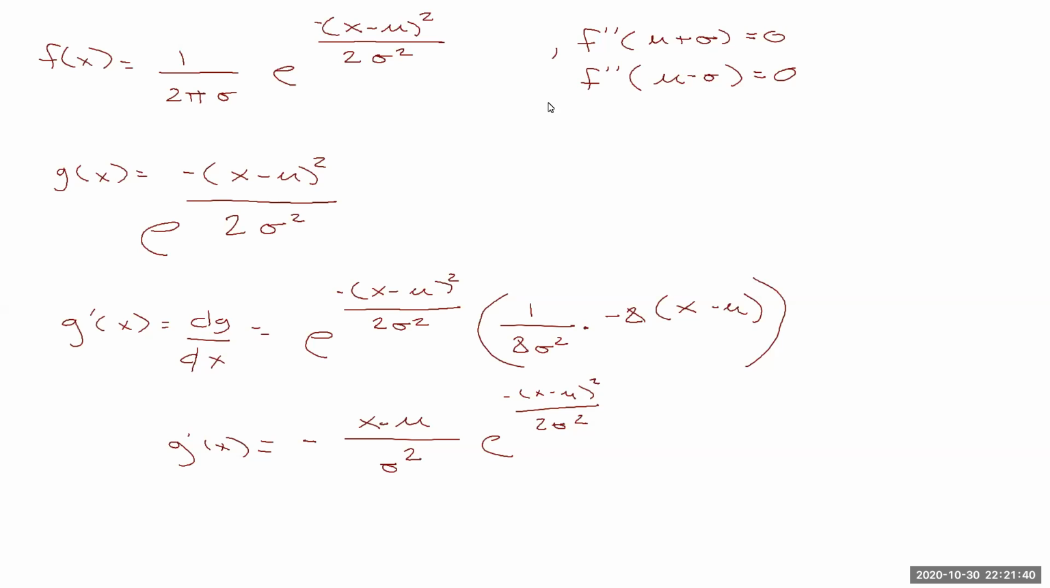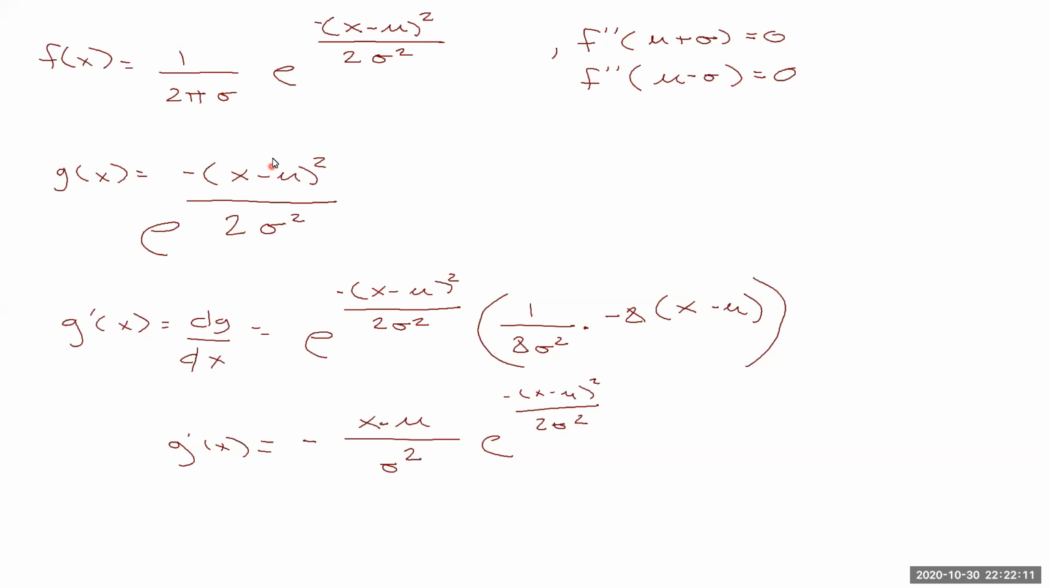To make things a little bit simpler, we're just going to take the derivative of e to the negative x minus mu squared divided by 2 sigma squared first, because we're going to use that derivative a couple of times. So here, we're just calling it g. When we take the derivative of e to any function, it is e to the same function multiplied by 1 over 2 sigma squared